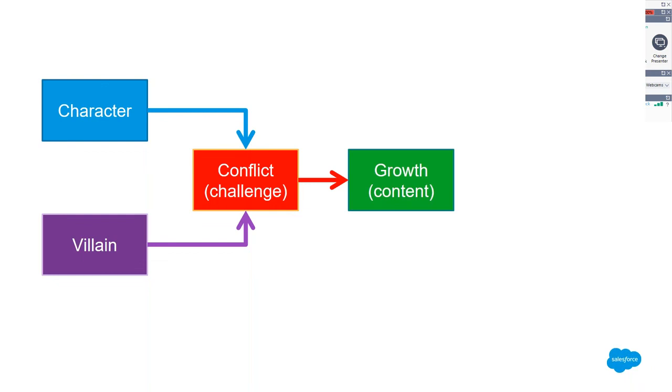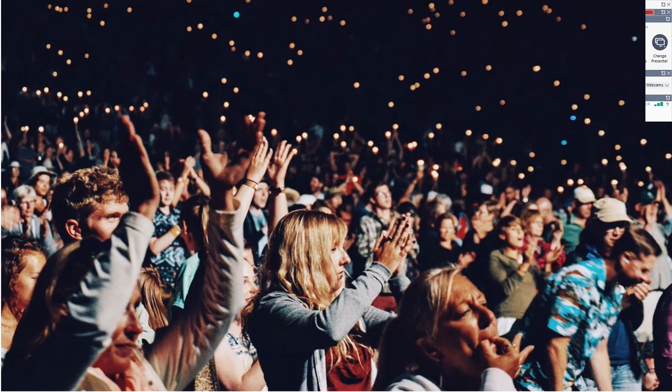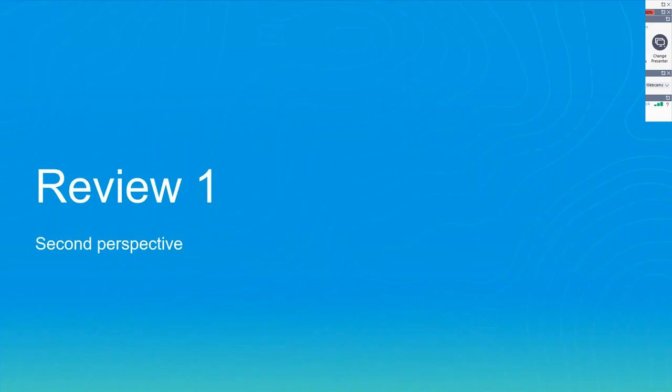Now you need growth. The character has to go through a journey. They have to learn. And this is where you nail them with the content. This is where you, as the speaker, are providing the hero with the information that they need in order to overcome that challenge. And once you've presented that content, once they've overcome the challenge, you have a resolution, which hopefully is a happy ending. Now, your audience has taken this journey with you. They've identified with the character. They've absorbed the content. They are engaged. They are happy. You get a standing ovation, and the presentation has gone fantastic. Excellent. This is awesome. Now, let's review from a different perspective.